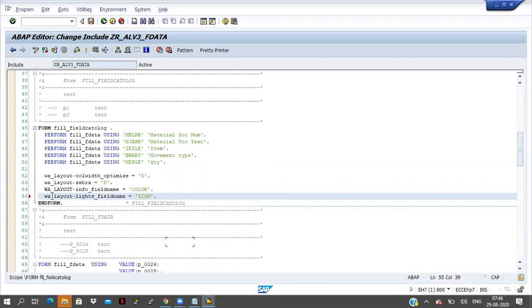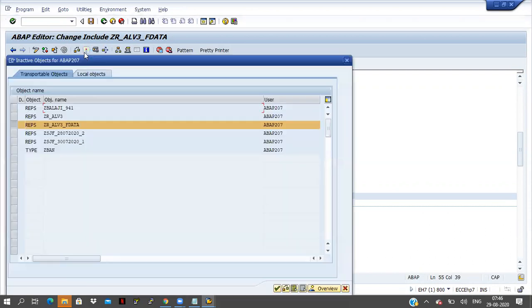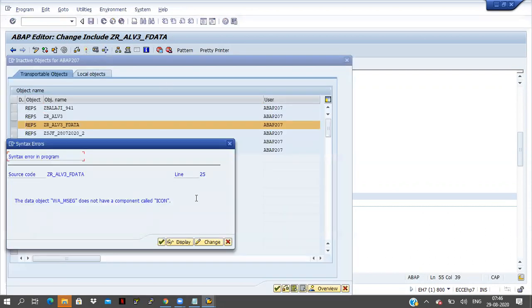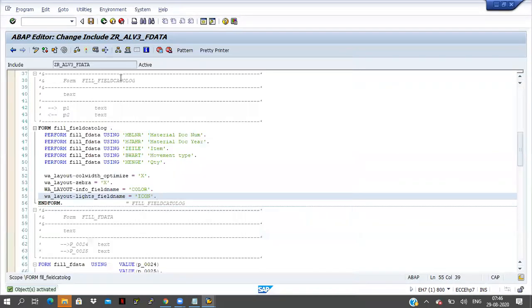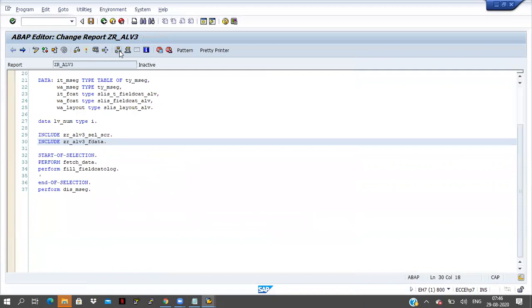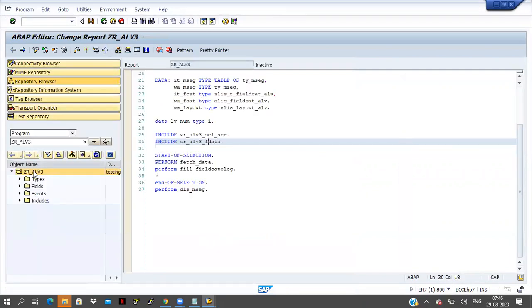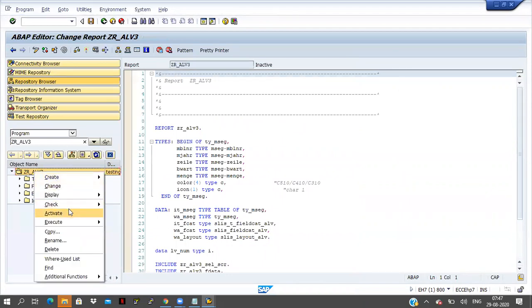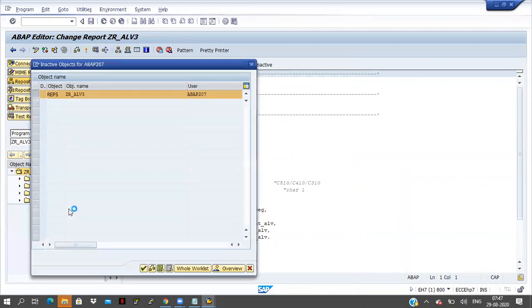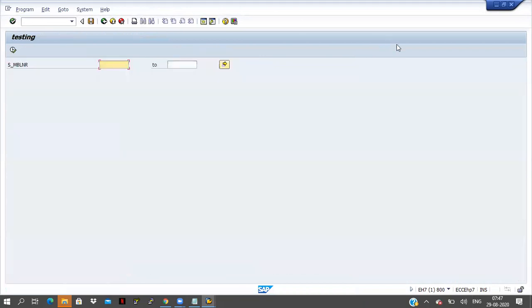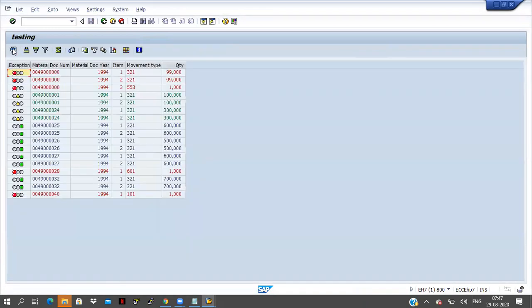And I am applying this work area layout to the function module. Let us check now. Execute the program.